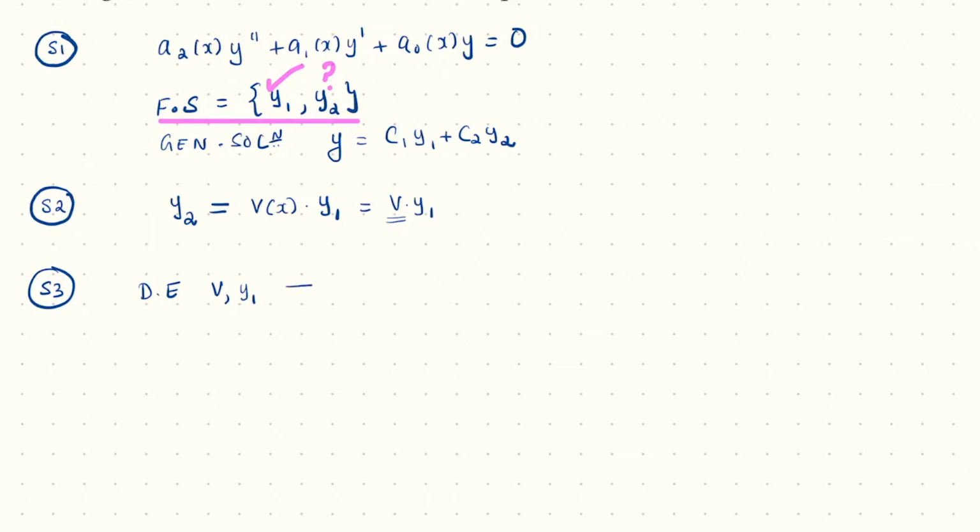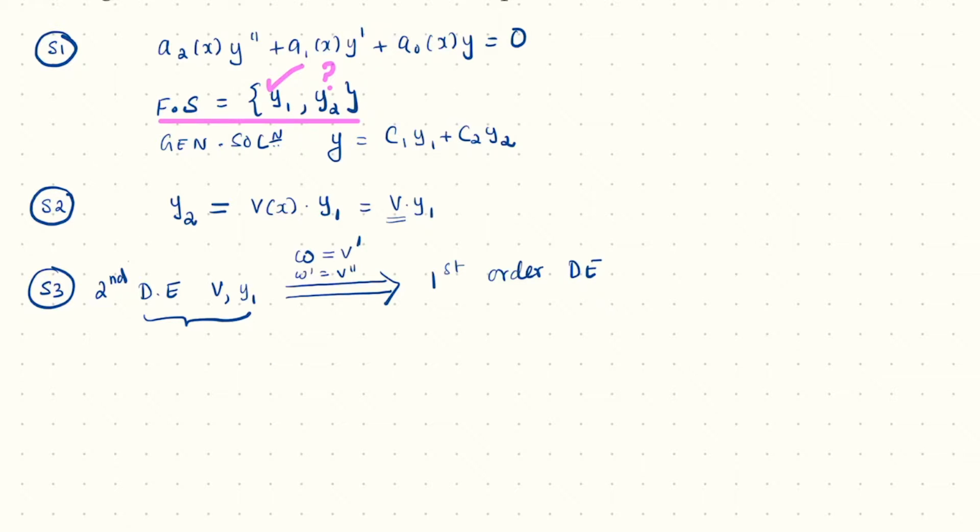That's going to be a second order. Then you're going to transform this back again, and that's what the reduction process is. You're going to see when I do an example, I'm going to call w my v prime. Then w prime would be v double prime. Then this differential equation, which is second order, will be reduced to a first order